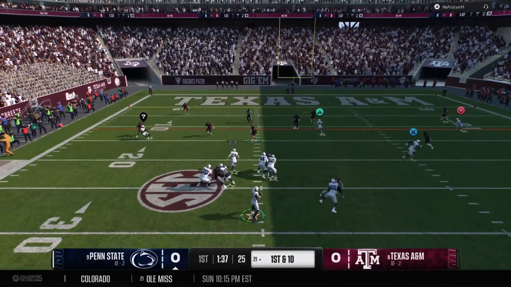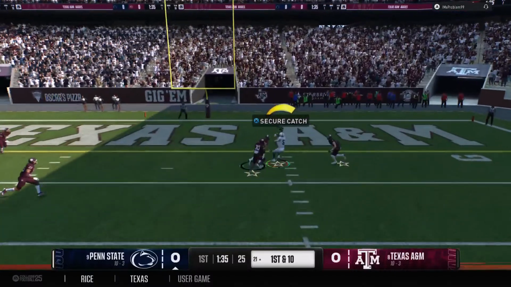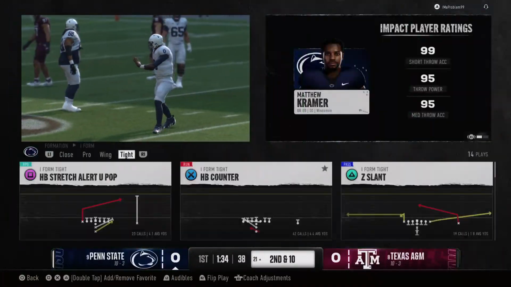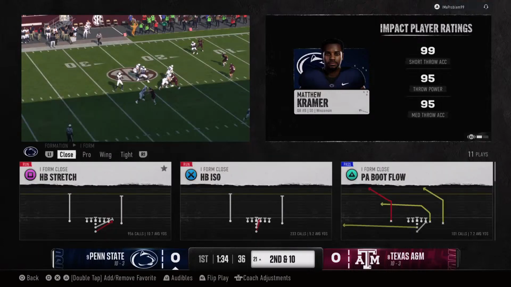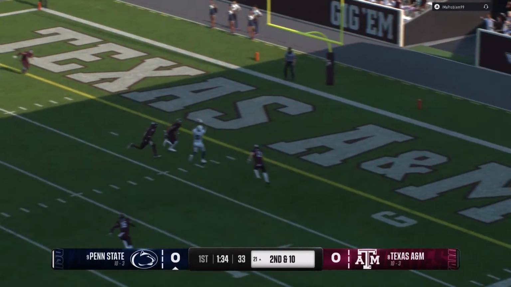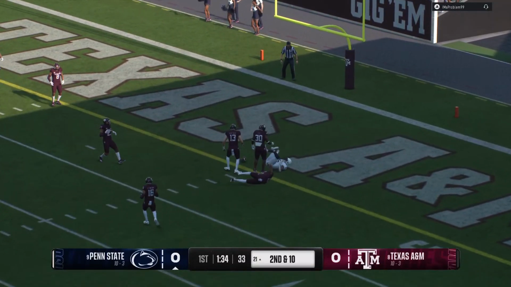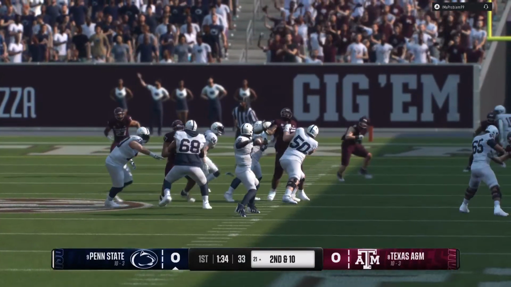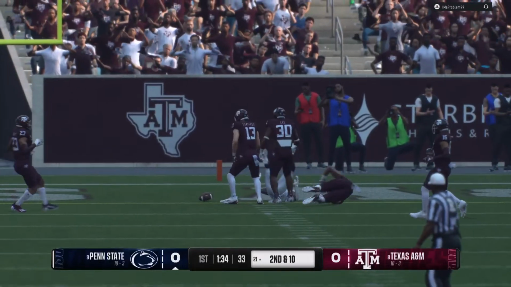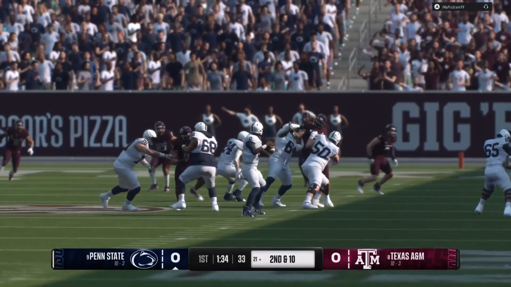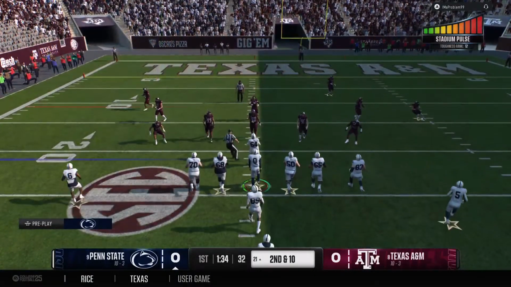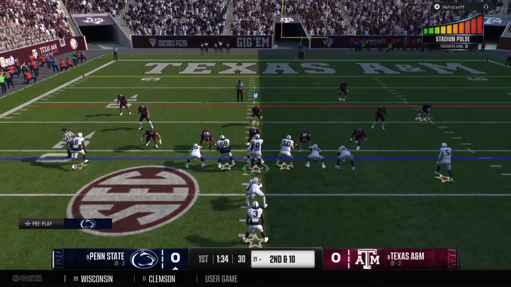Dropping back, it's Kramer. Makes the throw across the middle of the field. And it's incomplete. The defender arrived at the same time as the football. And now it's second down. Chris, not only really good coverage here by the defense, but I love their awareness. That ball is in the air, headed to the end zone, and the ball is separated from the receiver with the contact. An incompletion makes it 2nd and 10.